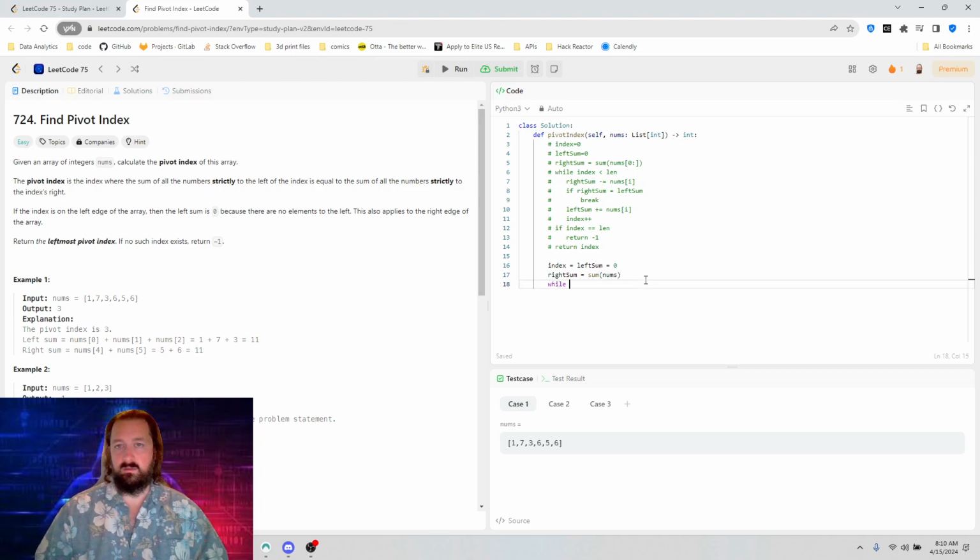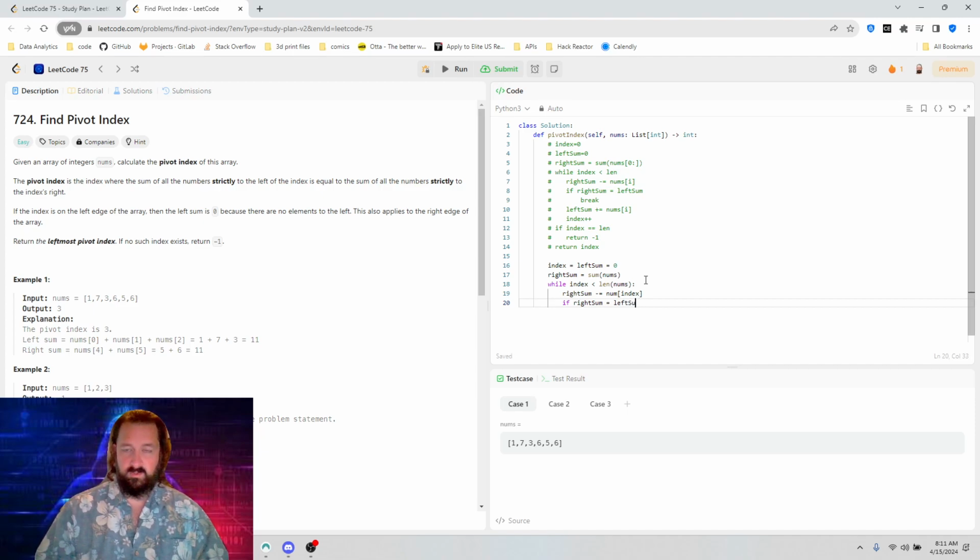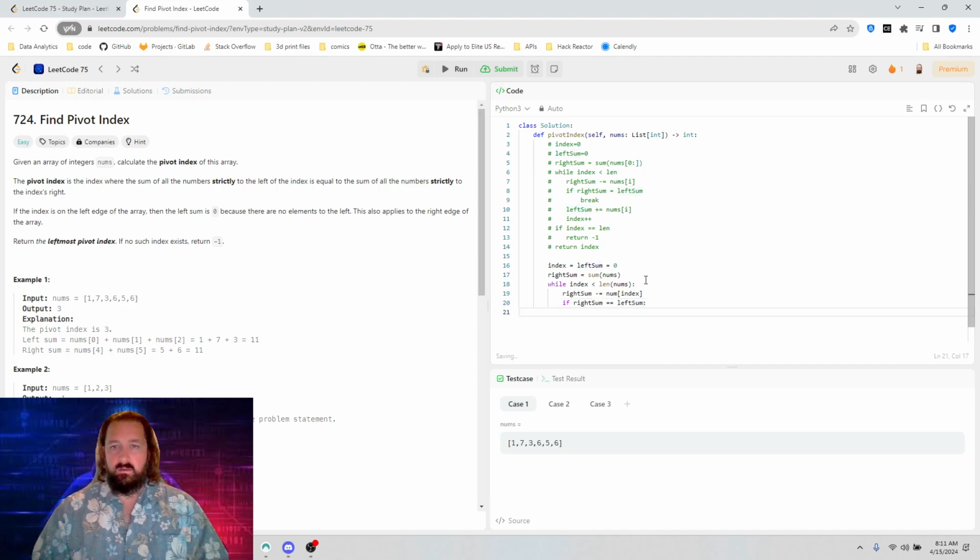And then while index is less than length of nums, first we decrement right sum, minus equals nums of index. If right sum equals left sum, it's got to be the equality operator. If right sum equals left sum, break,